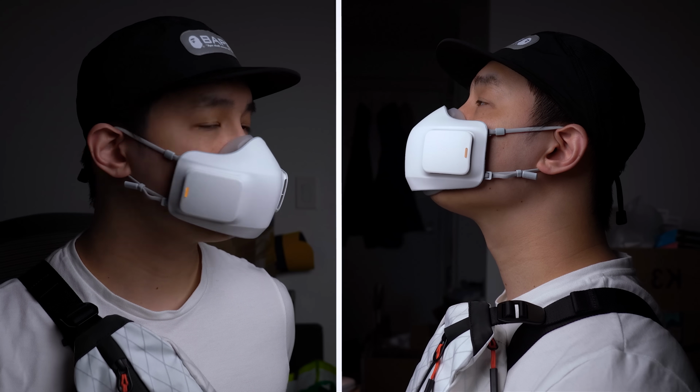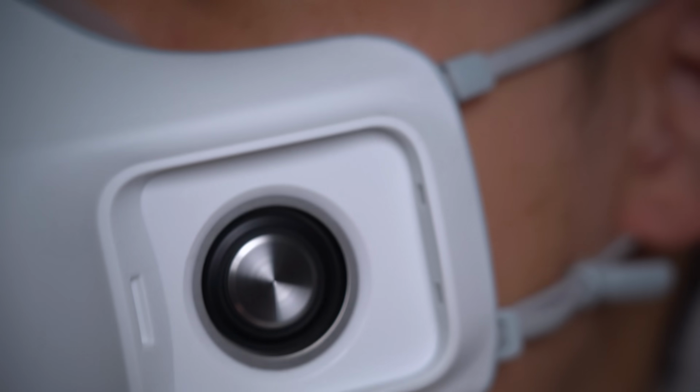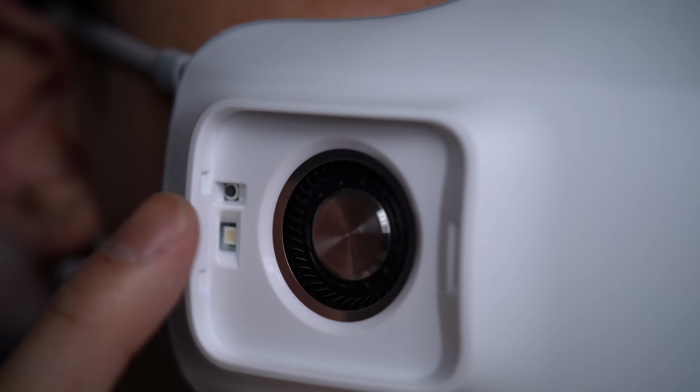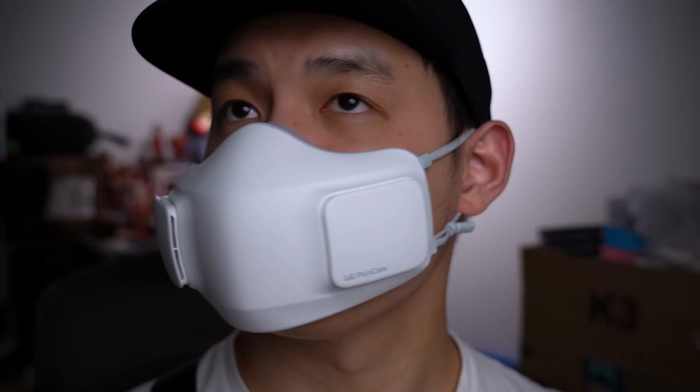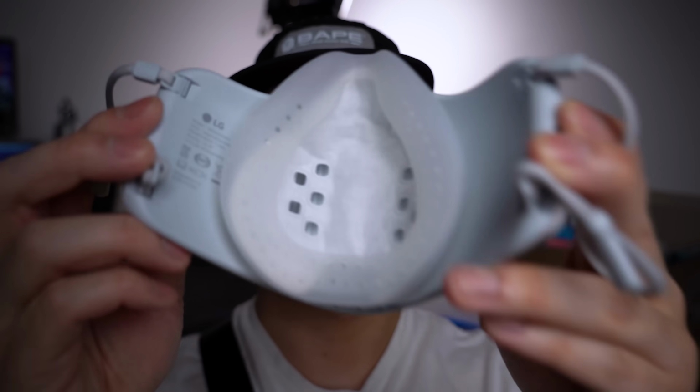Pretty awesome. Although it looks chunky, it's surprisingly quite comfortable on the face. That's first off thanks to those fans that ramp up as you breathe, sucking in and out more air accordingly, making it feel like you don't have a giant mouth guard blocking your airways, which is great because that's basically what this giant plastic shell is. Thankfully, the second part of the equation is this rubber gasket on the inside that forms a complete seal around